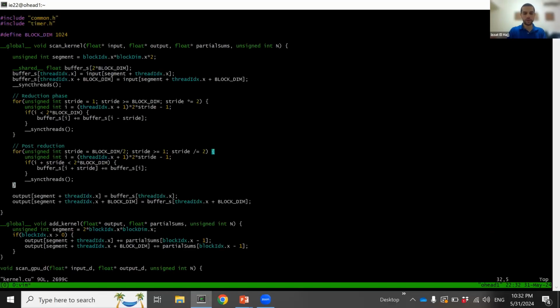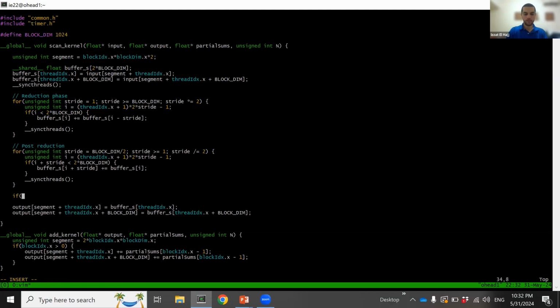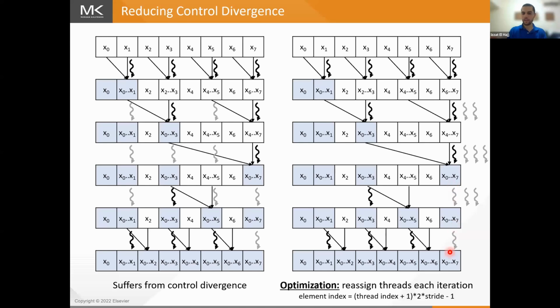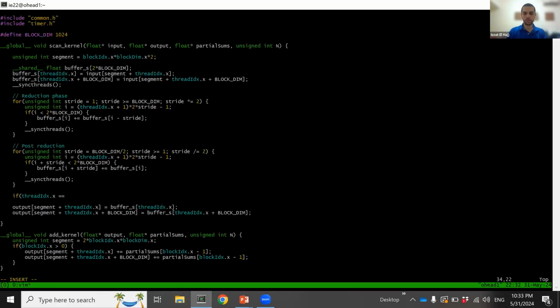So basically, one of the threads in the thread block is going to be responsible for taking the sum for the entire thread block and writing it out to the partial sums, and I forgot to do that. So we'll have the last thread do that. The last thread will take this last value right here and write it out as the partial sum of the entire block. So if threadIdx.x is equal to blockDim minus 1,